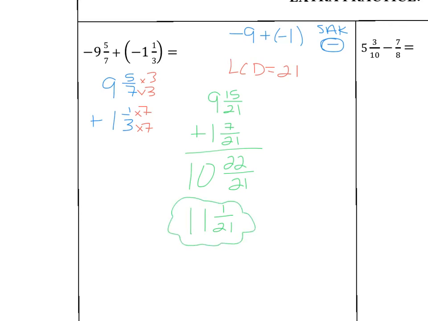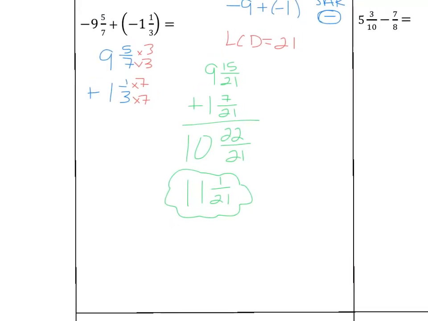If you are doing this method with improper fractions, I'll walk you through that as well. Doesn't necessarily take as long, but it is a lot more work. So really quickly, I'll do that. If I'm going to go from 9 and 5/7 as an improper fraction, it's going to be 63 plus 5, 68/7. 1 and 1/3 would become 4/3. Still need common denominators, so I'm still going to multiply both by 3 here and by 7 here,